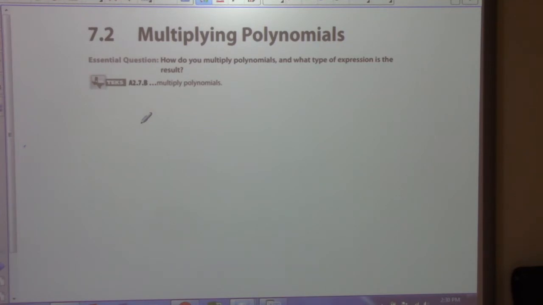I don't know. What we're going to be doing is starting on multiplying polynomials today, which is the next section in our book. I'm going to start out by giving a couple of examples before we get to the exercises on them. But let's go to